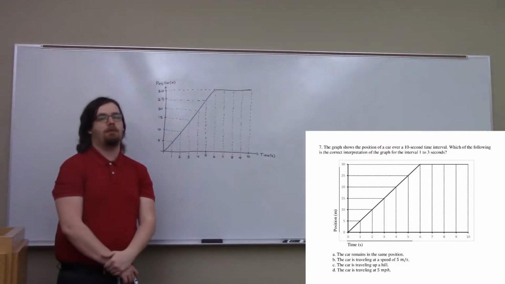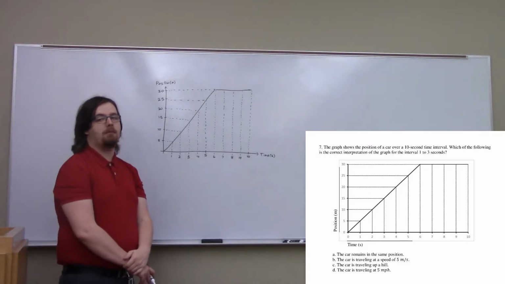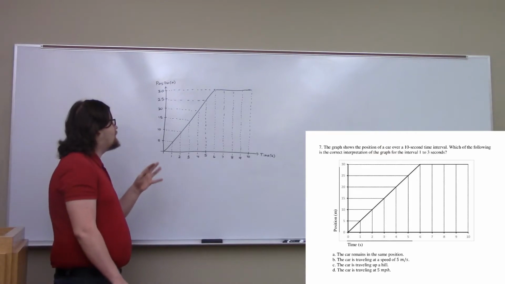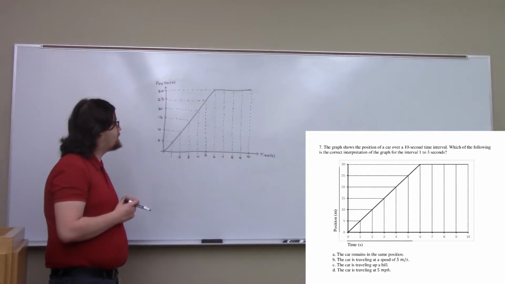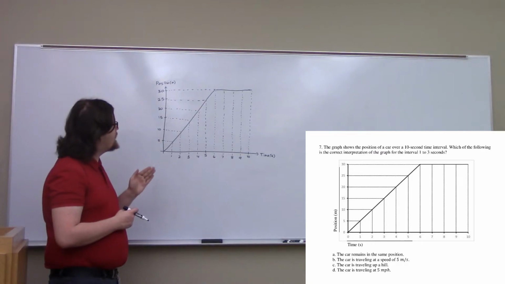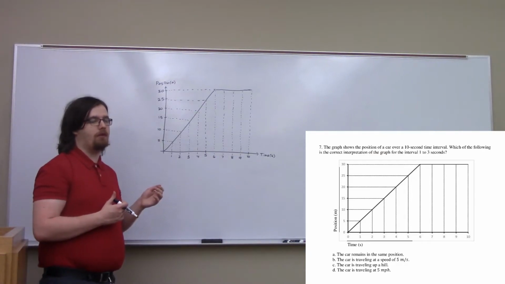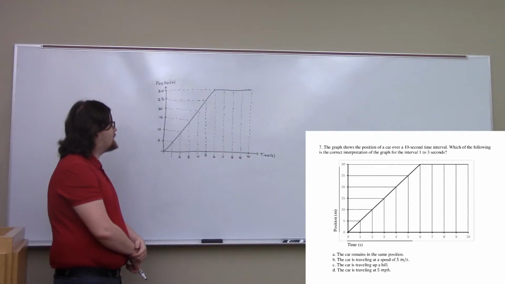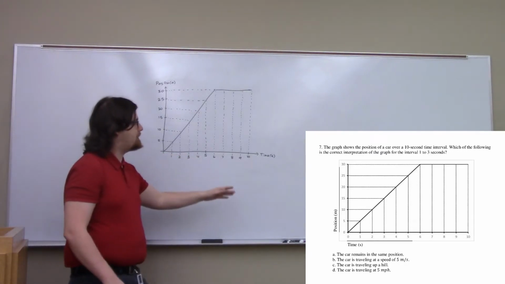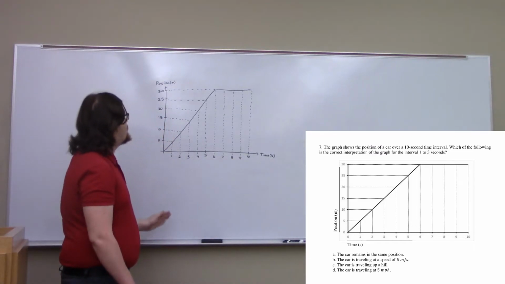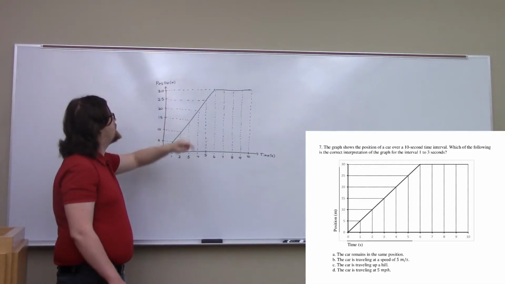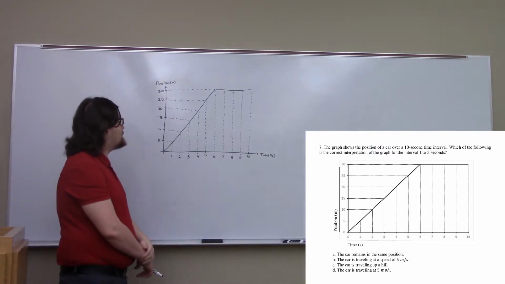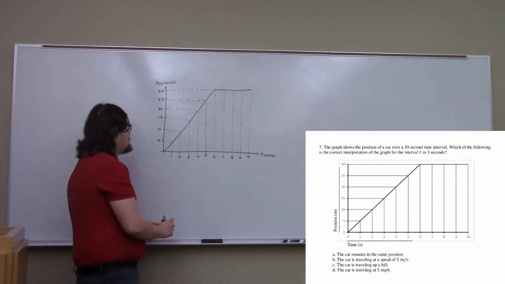Alright, so here we have problem 7 from test 2 from the test prep books, TSI assessment. Alright, so here I've drawn a rough sketch of the graph shown in the problem. It's not quite exact, but it helps us to understand the problem. So here we can see that we have a graph where the x-axis is time in seconds and the y-axis is position in meters. We are asked to determine how to best interpret the graph on the time from 1